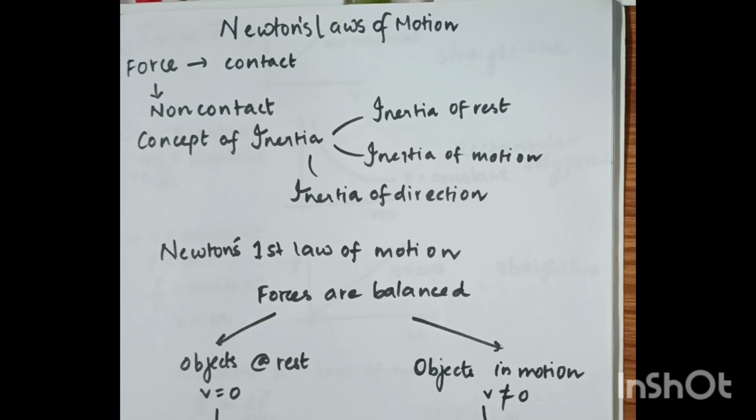What is inertia? The inherent property of all the objects that they do not change their state of rest or uniform motion along a straight line unless acted upon by an external force. That is inertia. What is inertia of rest? It is the inability of a body to change by itself its position of rest. For example, when a bus or train starts suddenly, a passenger standing inside it leans backwards.